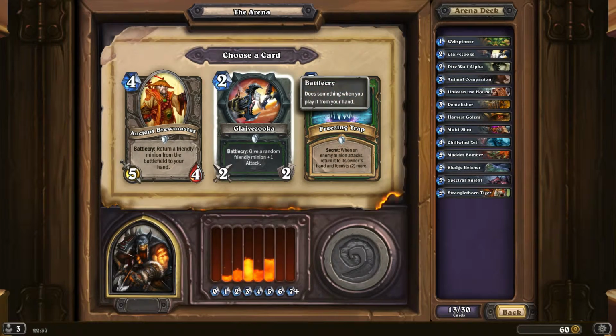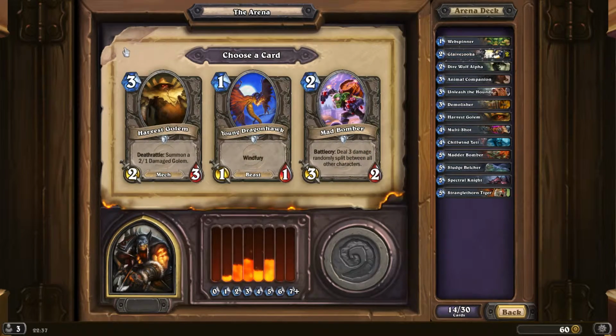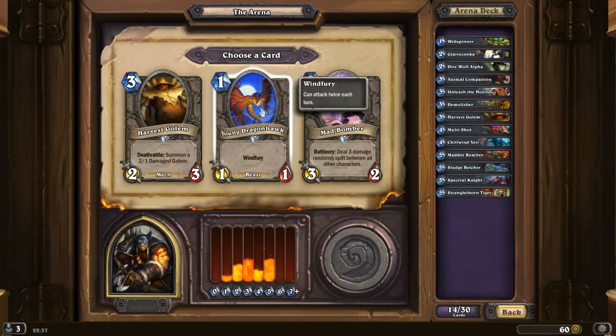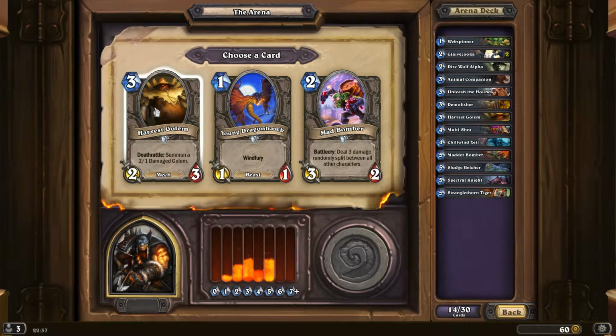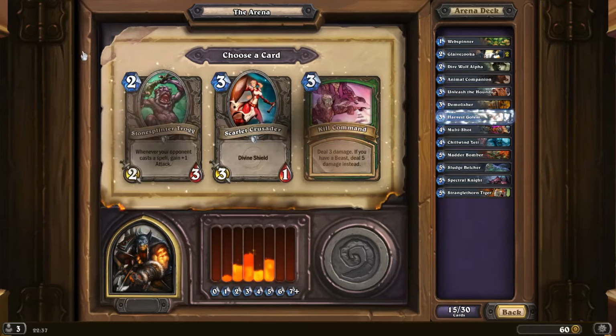The Glaivezuka just... It allows you to deal damage, and it buffs a minion. That's my reasoning. If you could buff the Dragonhorde, that would be nice, but that's unlikely. I get to pick between the Bomber and the Golem. I think I'll take the Golem. More sticky. Yeah, I'll take the Harvest Golem just because it's the...